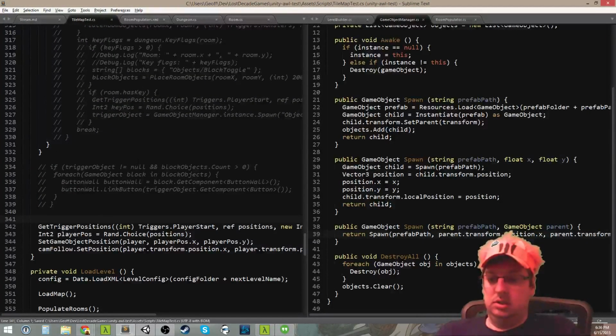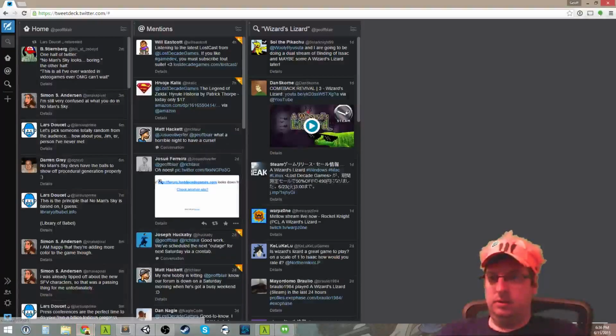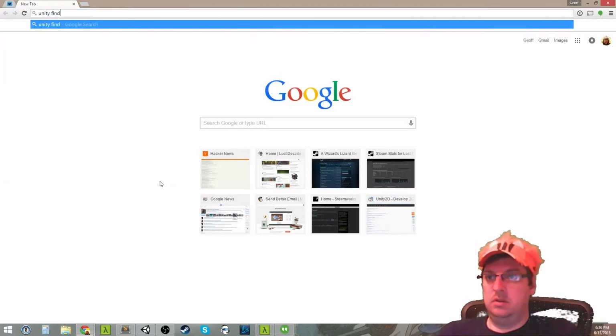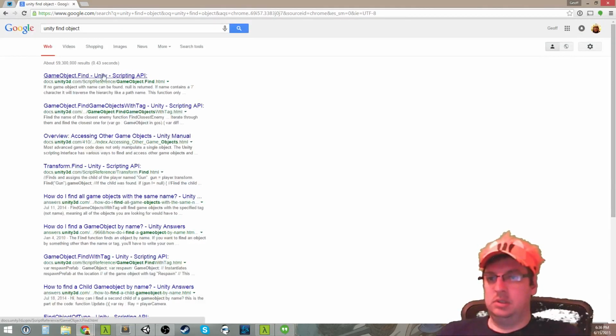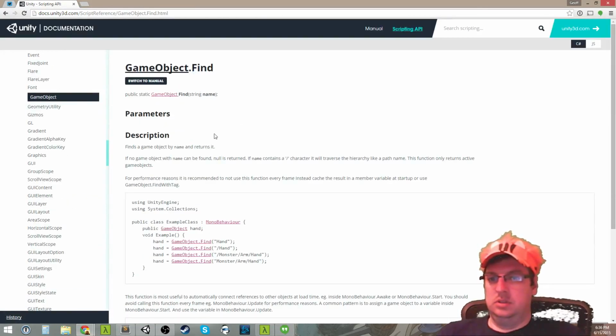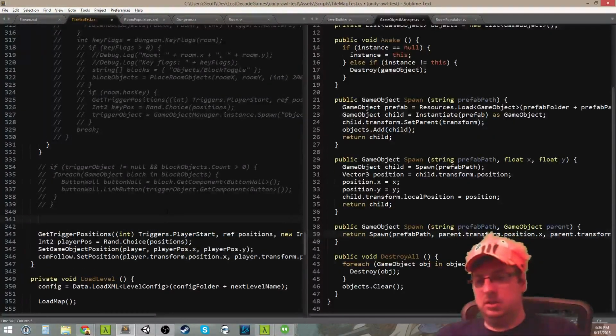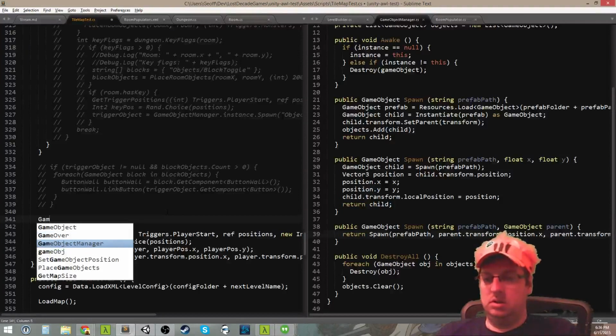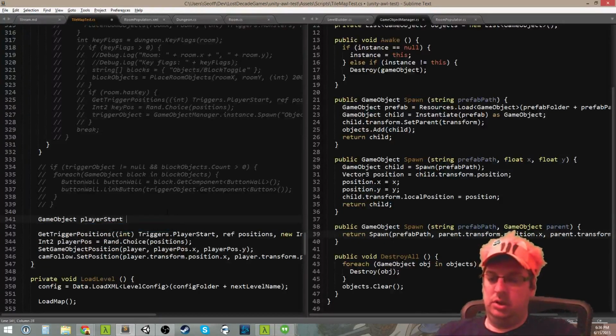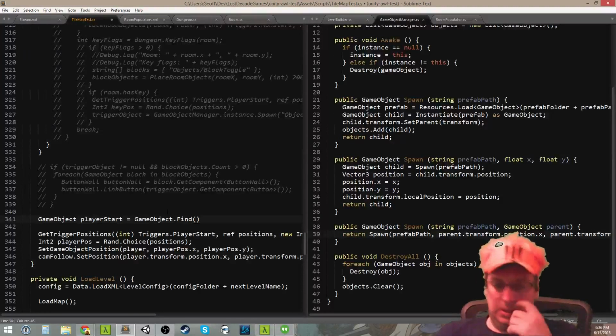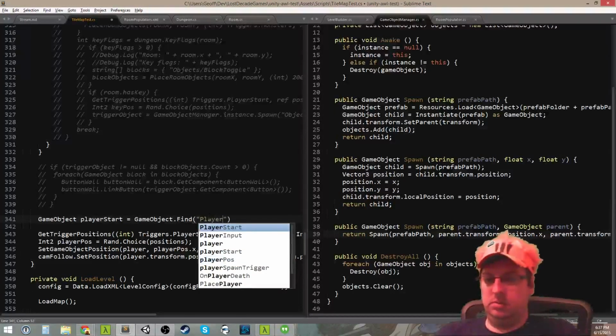player start. I don't actually use this function very often, but I think it's Unity's find object with the name of player start that we want. So we could say GameObject.Find. Let's try it this way. Let's say GameObject playerStart is equal to GameObject.Find. I wonder if that's going to work. I wonder if that's a static method. We'll see. GameObject.Find. We'll call it player start,